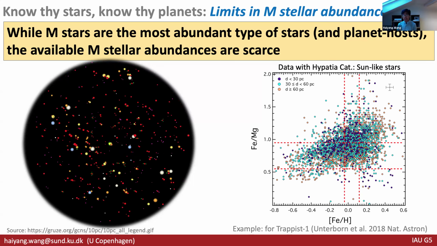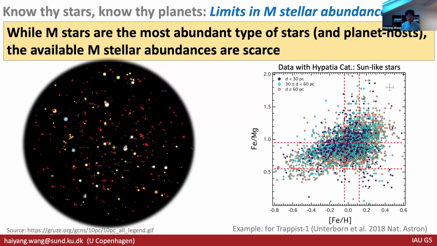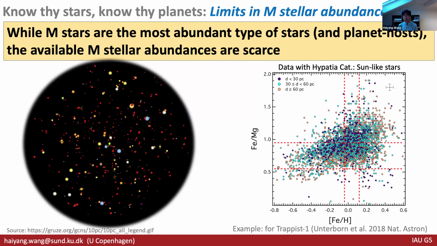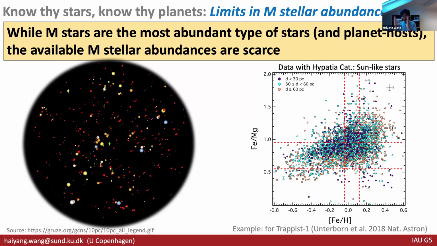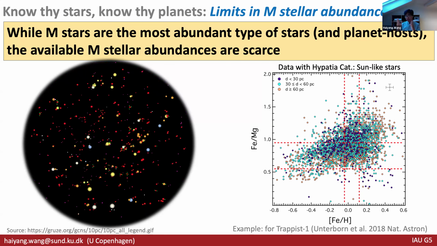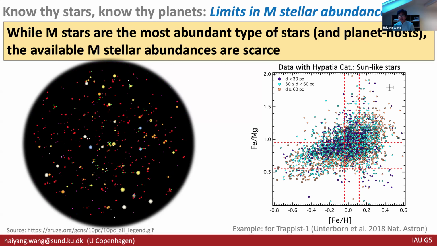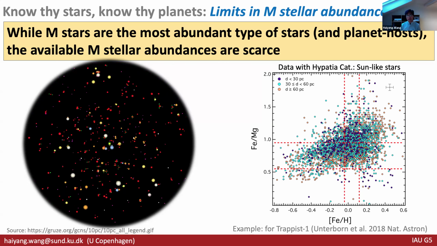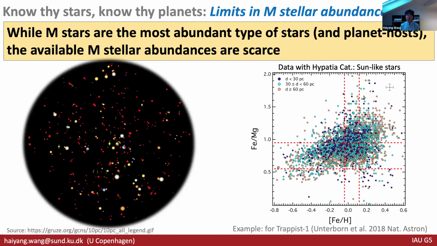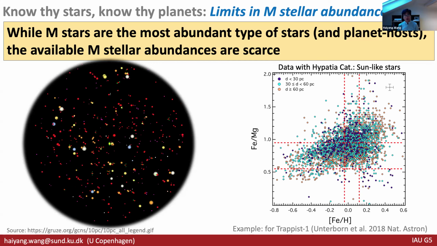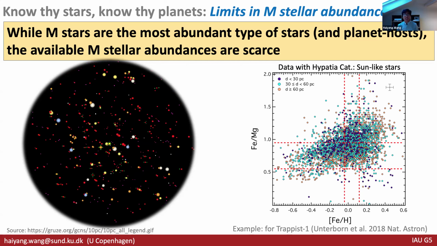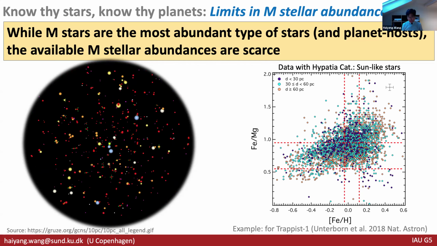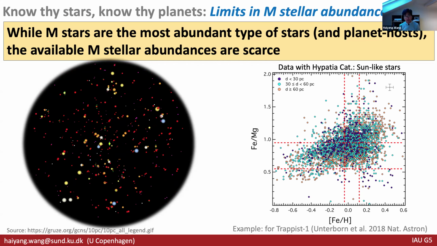So one of the practices that has been adopted in the exoplanet community is that we use the sun-like stellar catalog and cut it to choose the potential K element. Then, based on the measured metallicity for the M stars, we use the trend of the sun-like stars to constrain the composition of other elements for M stars. But this technique has not really been tested, and this is what is most relevant to the work that we have been working on recently.